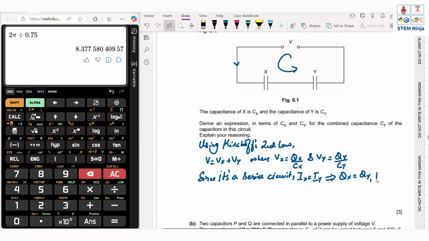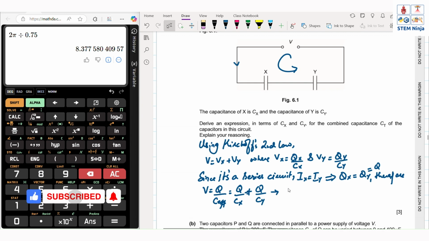Therefore, V is equal to Q over C effective, equal to Vx plus Vy, which is going to be Q over Cx plus Q over Cy,